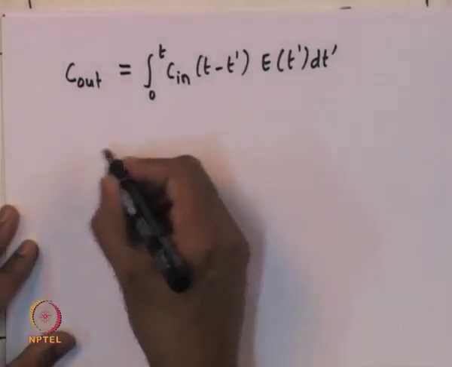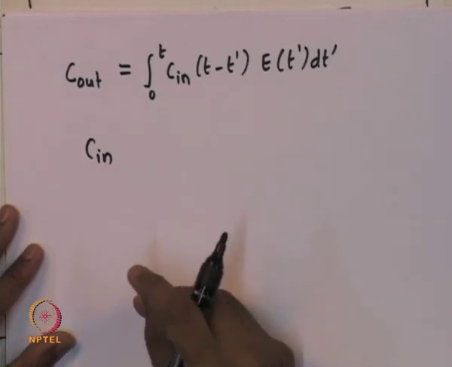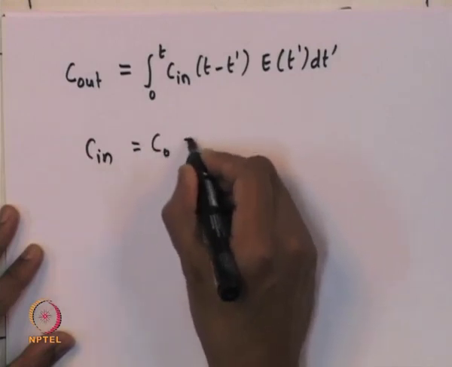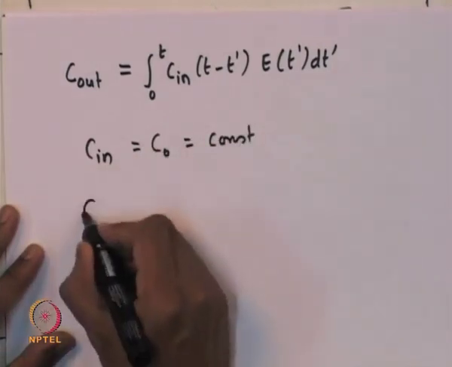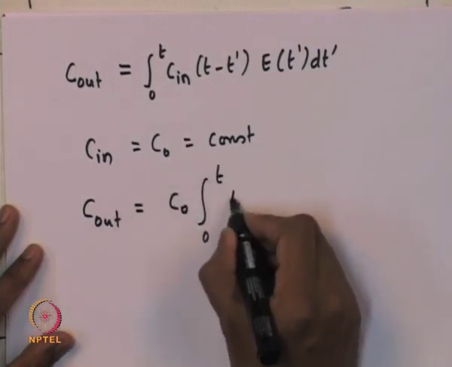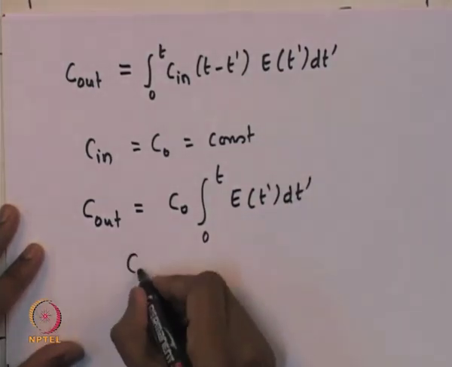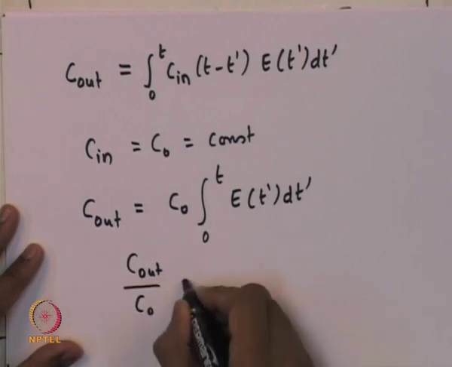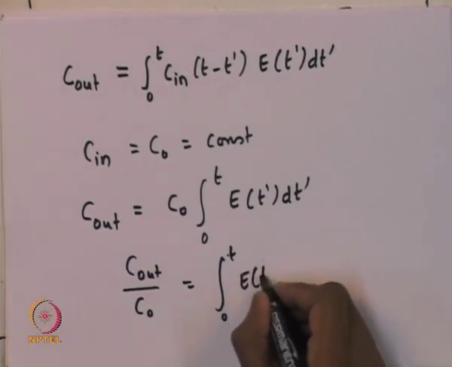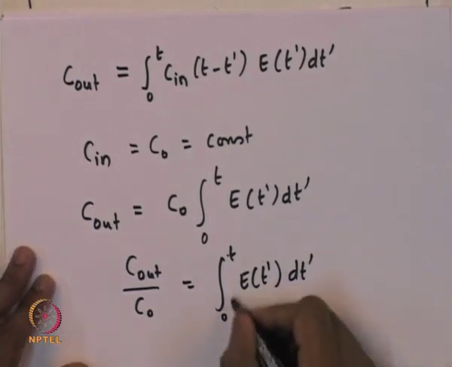So, from here, because it is a step input and the concentration of the tracer in the feed is maintained constant at C naught, C in is equal to C naught, and that is a constant. Therefore, C out will be C naught times integral 0 to t E of t prime dt prime, or C out by C naught is equal to integral 0 to t E of t prime dt prime. So, this integral